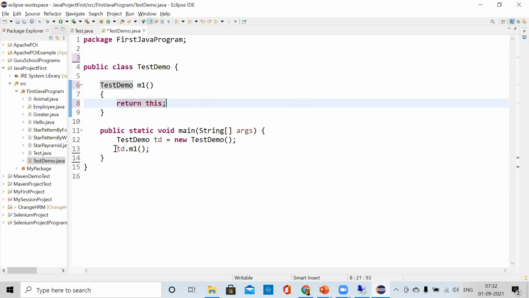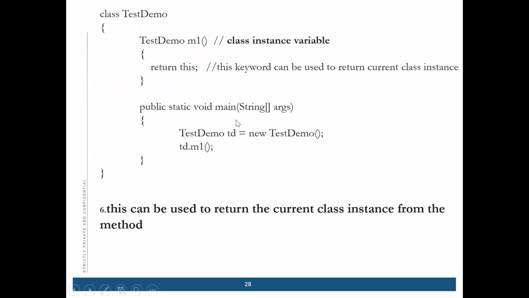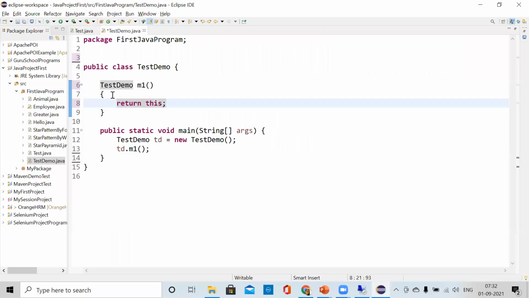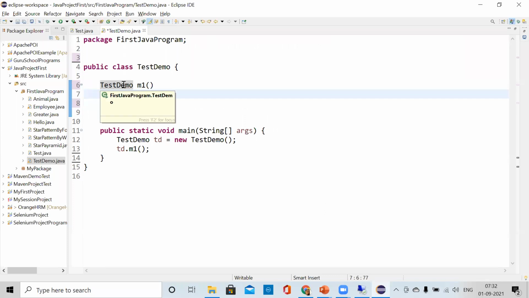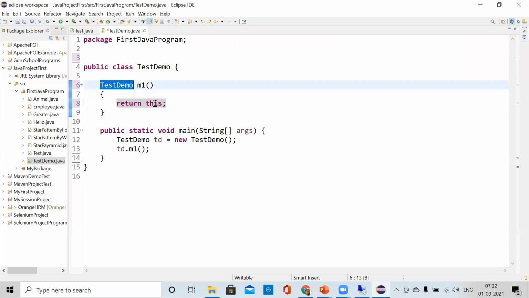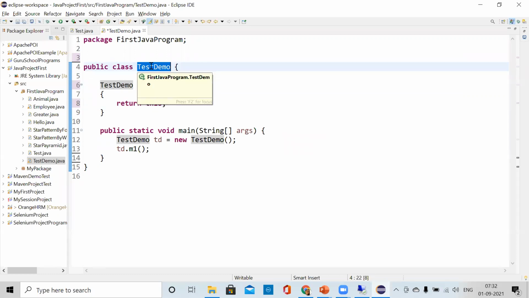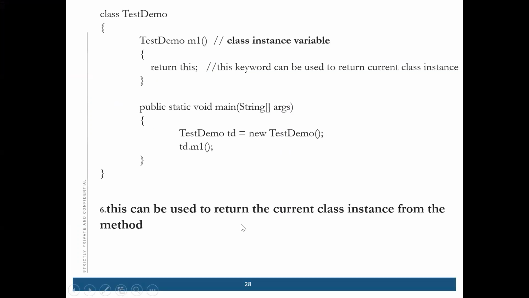We can return this. Okay, there is no error. See, there is no error because the return type will be test demo, and test demo is the name of the class instance. So you can use it like this also. That is the last use of this keyword.